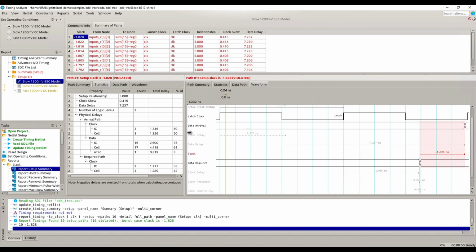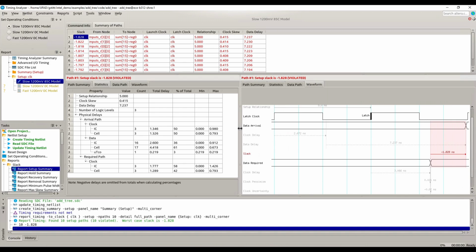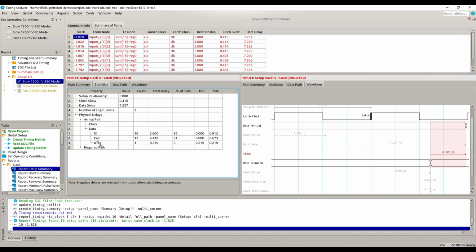All right, so how do we figure out what the problem is? There's a bunch of different ways you can look at this. If you come over here, this gives you a summary of various statistics. So down here, we have information on the required path. There's not really anything we can do about the required path, so let's ignore that. The arrival path is what we care about. So this is the clock delay portion of it. Again, there's not much we can really do about that, so let's minimize that. So all of our effort is going to be spent on minimizing the data delays. That was the cell and interconnect delays